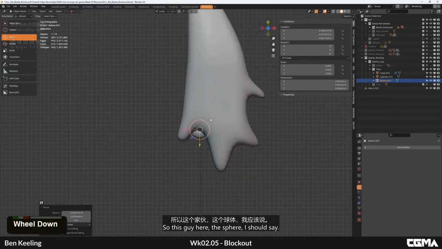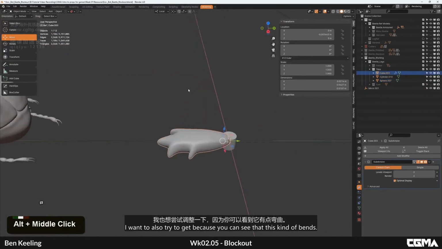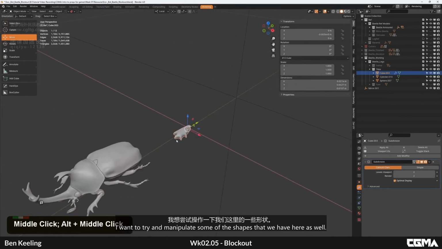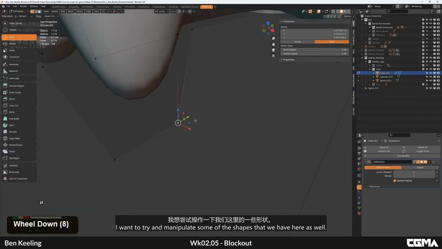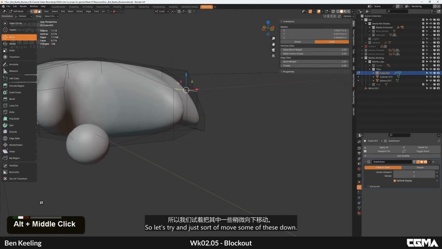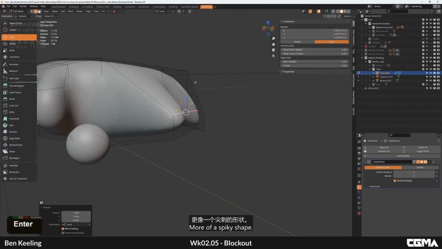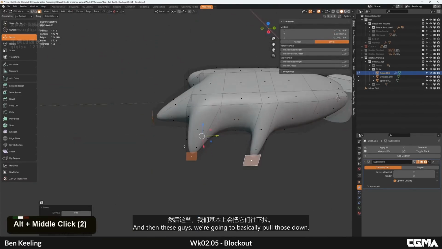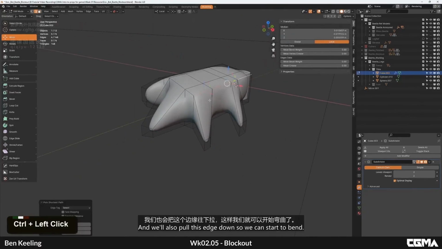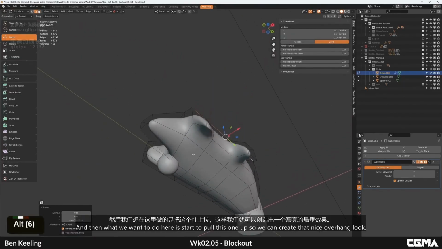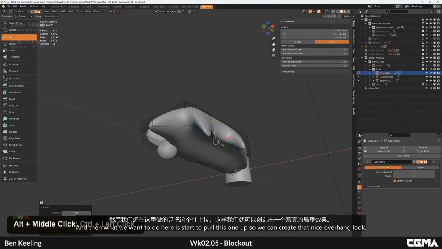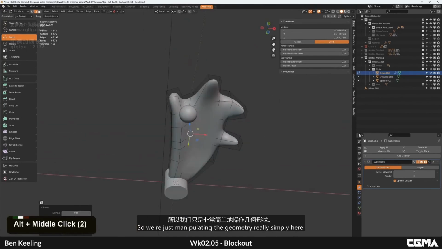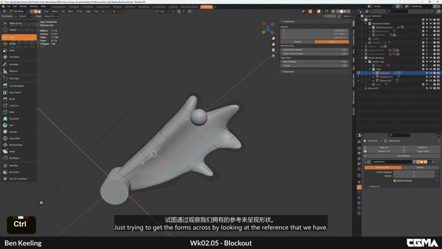So this guy here, the sphere, I should say. I want to also try to get, because you can see that this kind of bends. I want to try and manipulate some of the shapes that we have here as well. So let's try and just move some of these down. We're going to make this one more of a spiky shape. And then these guys, we're going to basically pull those down. And we'll also pull this edge down so we can start to bend. And then what we want to do here is start to pull this one up so we can create that nice overhang look, right? So we're just manipulating the geometry really simply here, just trying to get the forms across